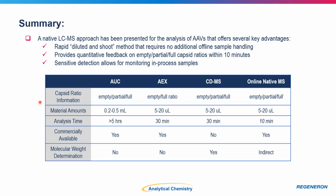Just to briefly summarize this work, I'm highlighting several key advantages for our online native MS approach for the analysis of AAVs. The first of which is that this method is really streamlined for high throughput native AAV analysis and requires no additional sample handling prior to analysis. This method also offers rapid quantitation of empty and full capsid ratios that are comparable to the industry standard of analytical ultracentrifugation, but really requires a fraction of the time and the material that's required for